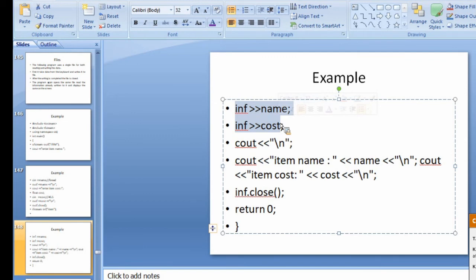Whenever you're reading from the file, which operator are we using? The greater than symbol. When you are reading the data here, we are using greater than, and we are printing that onto the output and closing it. So you can see the output over here.